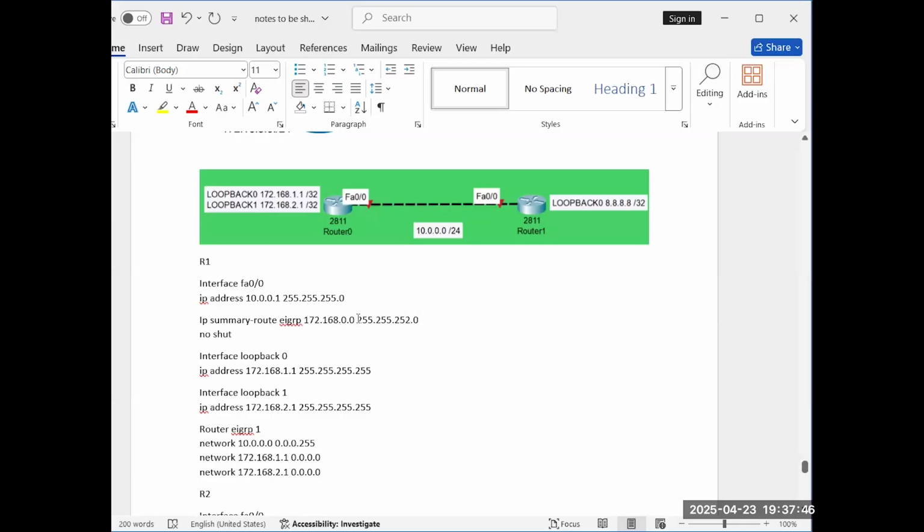So this is how a summary route I will mention, because the network bits are getting changed over here. So over here it is same, over here it is same. Only here it is getting changed, right? And for that, I need to check what is the subnet mask. When I calculated it, the subnet mask is 252. So this will be the summary route. So this route, how it will be seen in this router is like